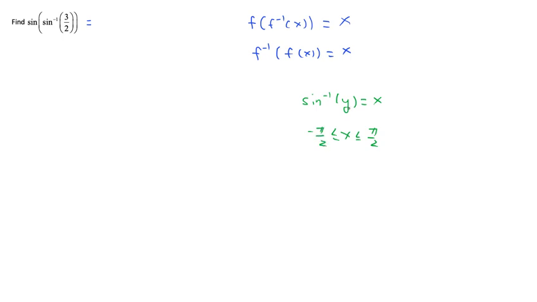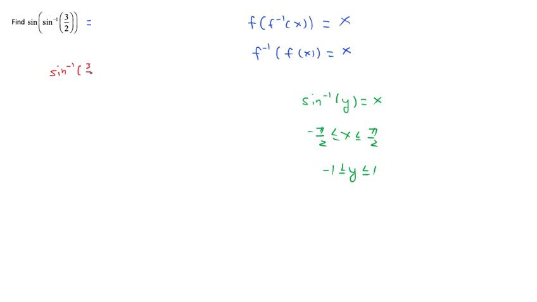But also, the length, this y value, the number that goes in here, has to be between 1 and negative 1. So when we look at this, wait a minute, 3 over 2, that's 1.5. So this number is bigger than 1. If you think about it, this is pretty much asking the question: